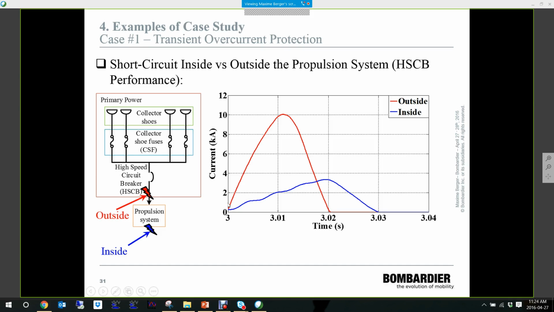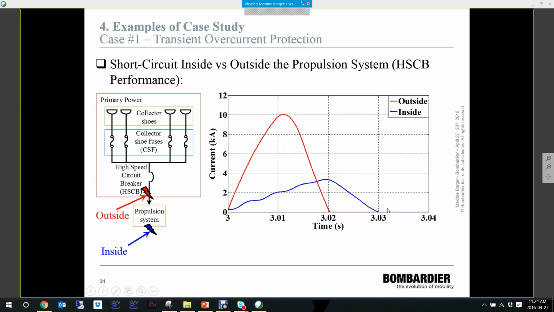First, what we can see here is that for a fault, we are comparing the HSCB performance. So we're doing a fault here and a fault there, and we are looking at the high-speed circuit breaker performance that is here to break the fault current. So what we see is that for a fault outside, we're going to have a high peak let-through current, but the fault will be interrupted